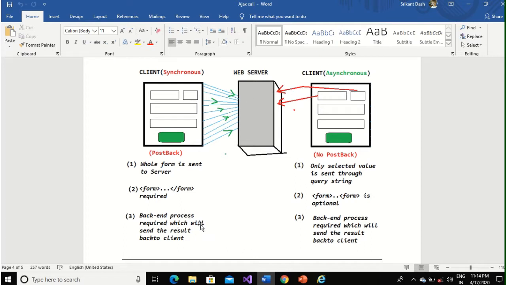So a backend process is required, which will send the result back to the client. For this, one CS file, a C# backend file, is required. For this also one backend file or any API or anything will be required. I will tell you what other things we can do. Okay, then